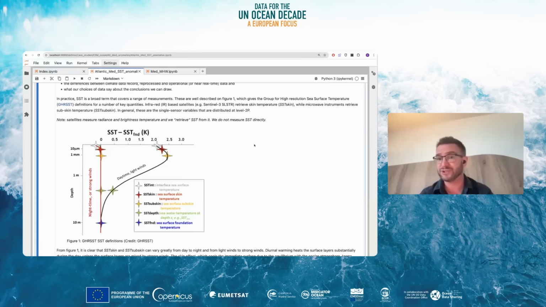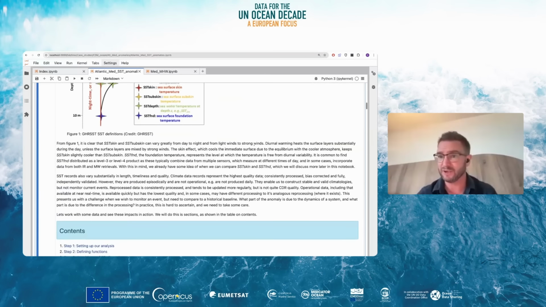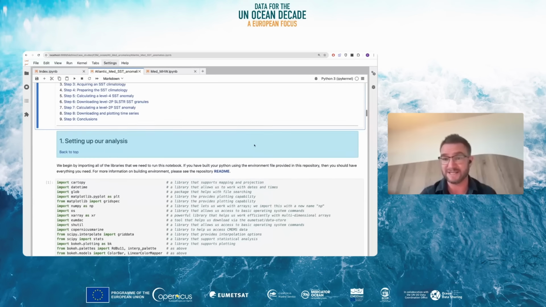It is possible to derive them using subsurface temperature records. And actually, sometimes subsurface heat waves do show greater longevity or even intensity than we can see at the surface. But the subsurface records don't give us the same broad overview that the satellite picture does. So in your own time, you might want to read a little about sea surface temperature and how it differs from product to product. Then we're going to move into actually getting our hands on the data itself.